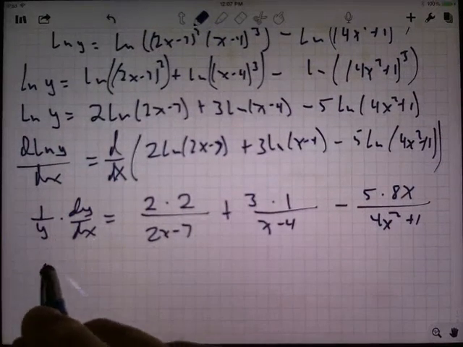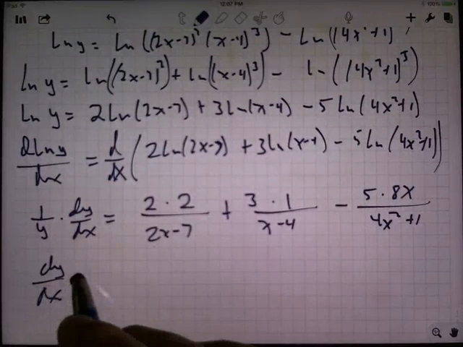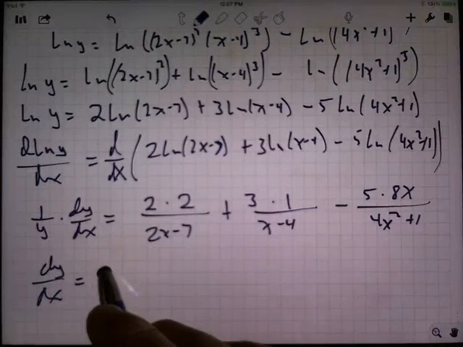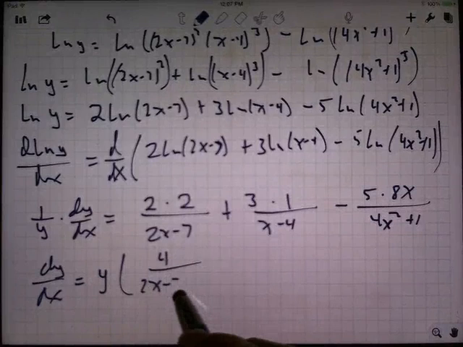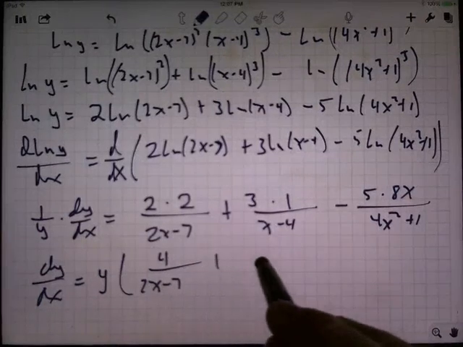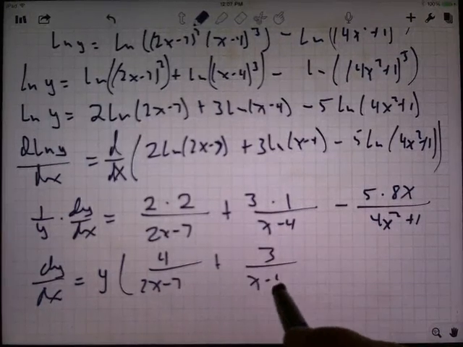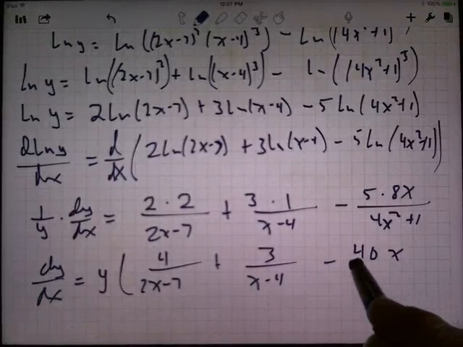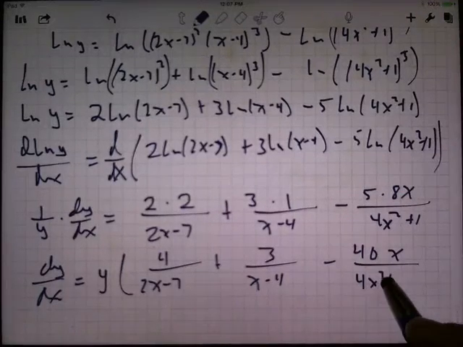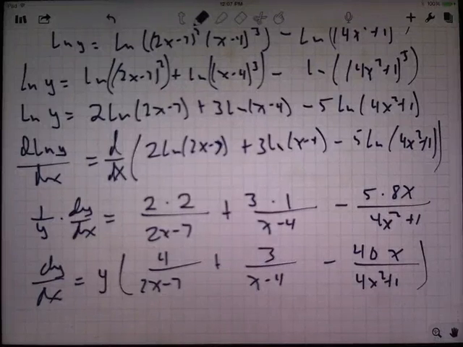Then I can solve for dy dx. Multiply both sides by y. And what do I have? I've got 4 divided by 2x minus 7, plus 3 divided by x minus 4, minus, what is that, 40x over 4x squared plus 1. Now I'm not done yet